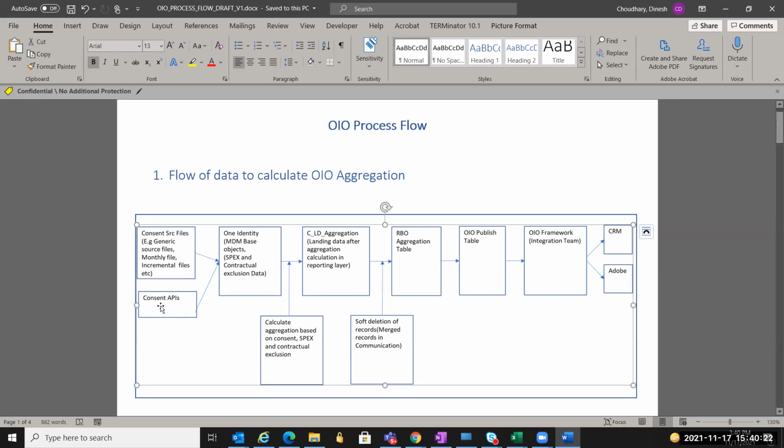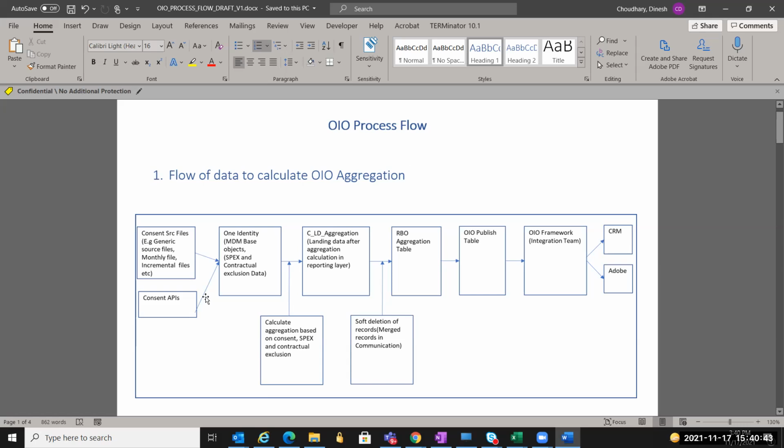This consent API comes through the integration team, and then we receive generic files. For the US mainly we have monthly incremental files and other files, which we load into our system,